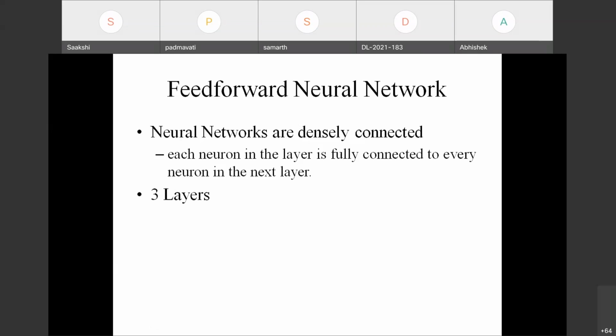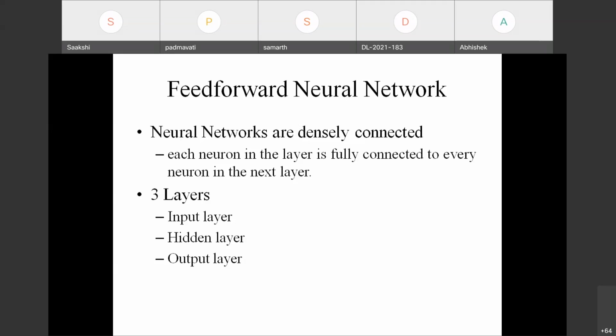We have three different kinds of layers. Let us try to understand what they are. The first one is the input layer. The next layer is called the hidden layer. And the third layer is the output layer. Correct? So here we have the input layer. In the input layer, as the name itself suggests, we